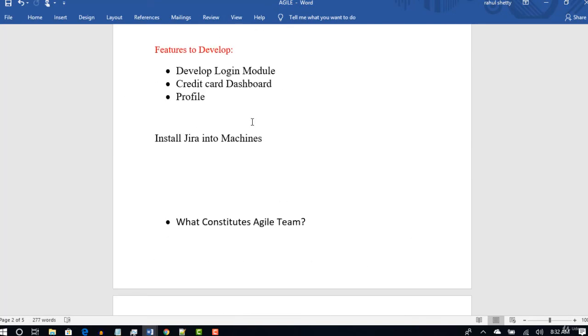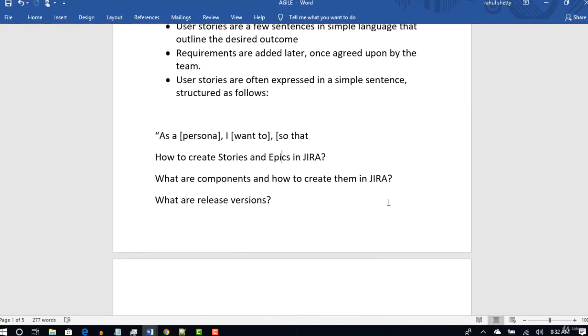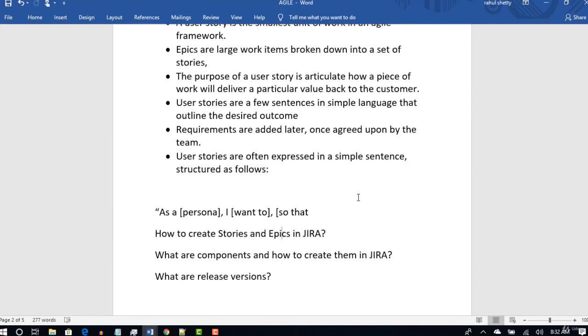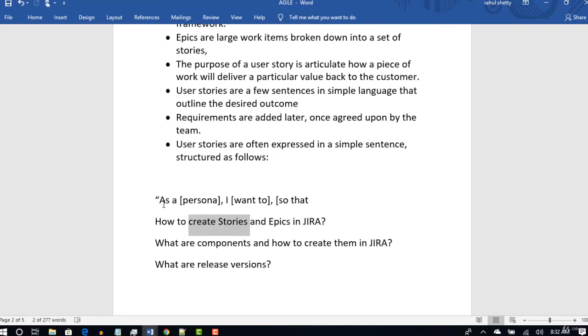Now we have 3 epics, and if you have some 20 user stories, we have to tell which epic each user story is going to implement. A set of user stories is nothing but one epic, right? So in Jira we have a provision where we can link an epic to a user story. We will link this, and also write a user story in this format, and I'll explain more about how to write it so that you will get the confidence of writing stories.